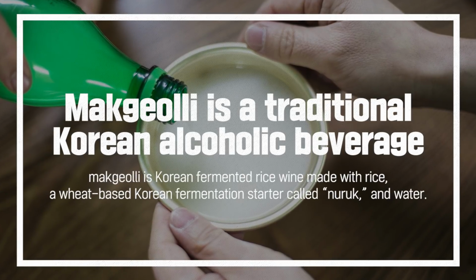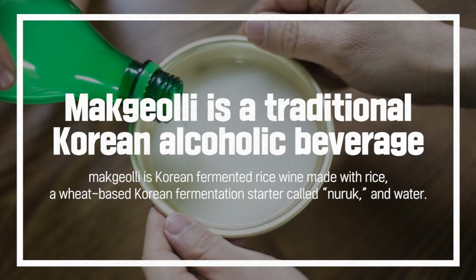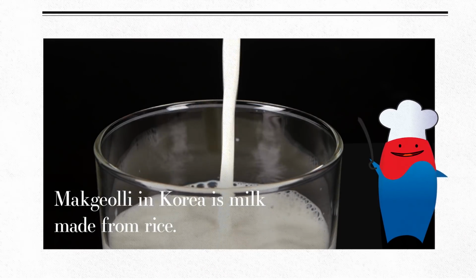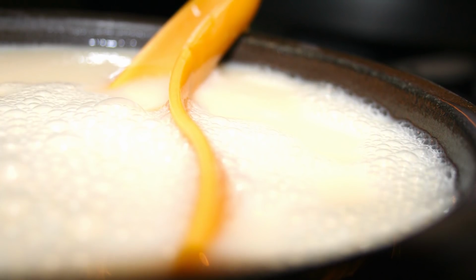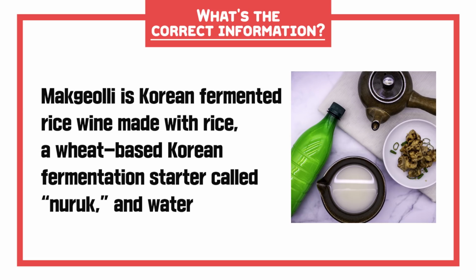Makgeolli is a traditional Korean alcoholic beverage, but some say it's a dairy item. Makgeolli was introduced by a foreign media outlet as a kind of milk made with rice. Those who see makgeolli for the first time think of it as a kind of milk because of its white color. However, makgeolli is a Korean fermented rice wine made with rice, a wheat-based Korean fermentation starter called nuruk, and